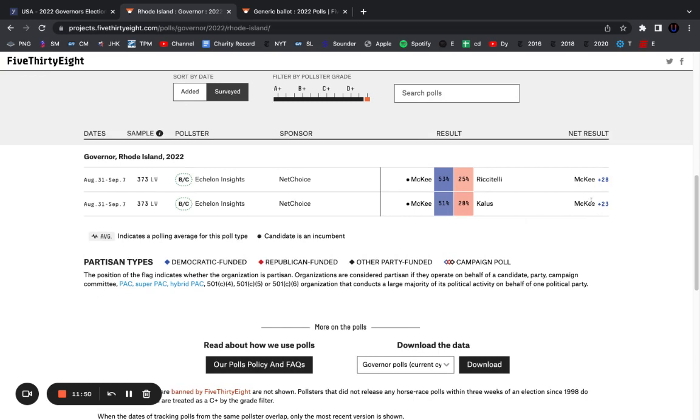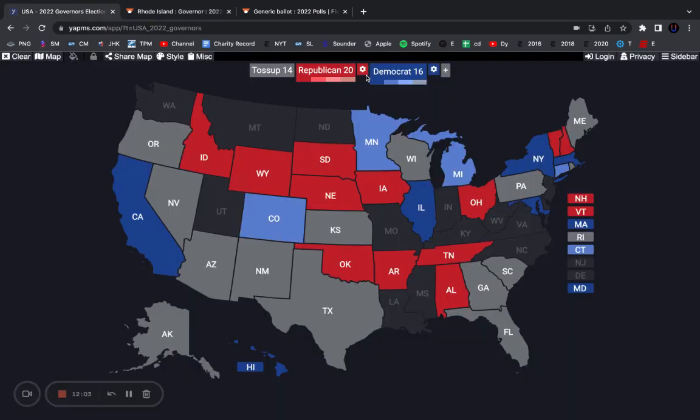McKee only won by 2%, and he's not really that popular. He wasn't even elected; he's just lieutenant governor who replaced Gina Raimondo after she served in the Biden administration. We only have 2 polls, and he's leading by 28 and 23. He'll probably be fine. I don't think he'll win by the 20s, but I think he'll win by 13 or 14%. Although it's worth noting that he's not super popular, and having Alan Fung on the ballot in the second district will probably boost GOP support. So I think this race could be kind of close, but I don't really think the GOP have any real chance of winning.